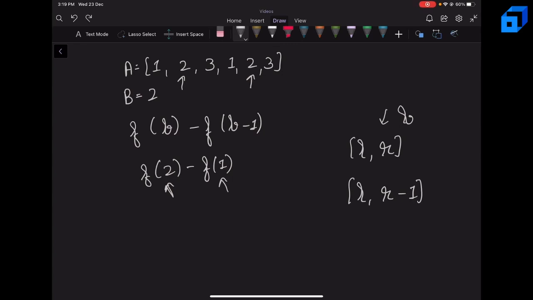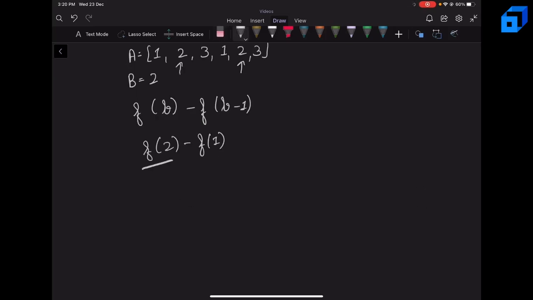One more thing is, if L to R contains at most B special elements, then the subarray L+1 to R will also contain at most B special elements, because we have removed some element. So it will definitely decrease some frequency, and we won't have more elements which occur at least twice. That actually gives us the idea for two pointers. As we increase our left pointer, our right pointer will definitely not decrease. So the right pointer is non-decreasing. It can increase, but it won't decrease. Now let's look at this idea on this example.